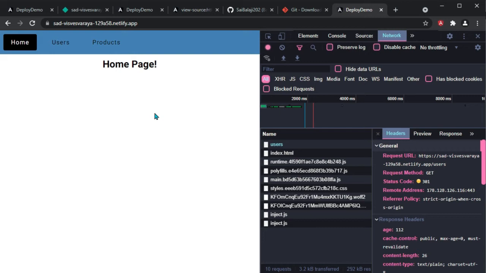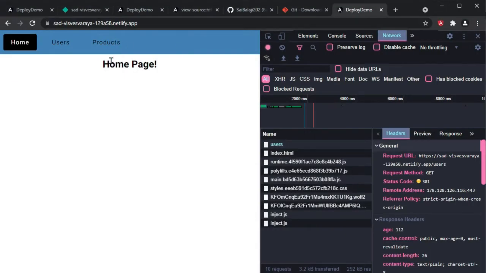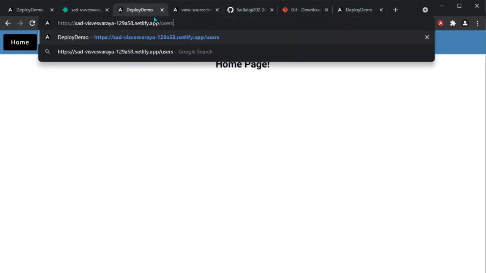Simple. We just need to configure our default response status code. For that, I'll open my _redirects file, and here I will leave one space and then specify the status code for this redirection. Here I want it to be 200, which means success. By seeing this status code, our browser won't update the URL. The redirection actually happens, but the browser won't update its URL because of this 200 status code. Okay, so I will quickly redeploy this project. Okay, it got published. Now I will try to visit the users page.